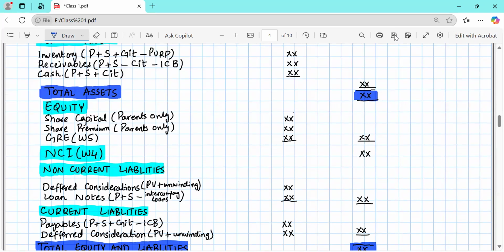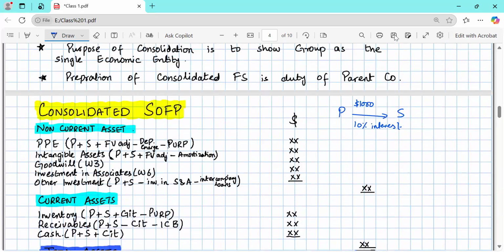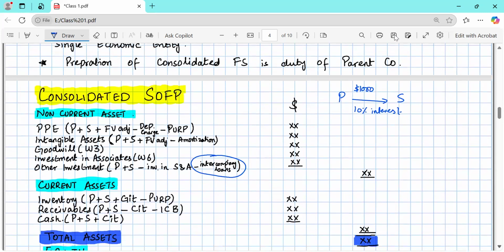So for consolidation purposes, I am going to remove the intercompany loans from the loan section under non-current liability, and from investment as well. Dual impact. Okay. One party would have recorded investment, the other party would have recorded liability. So you have to remove that from both sides. Clear? Similarly, if the subsidiary gives a loan to the parent, you have to remove it from both sides. Okay, from the investment and the liability.